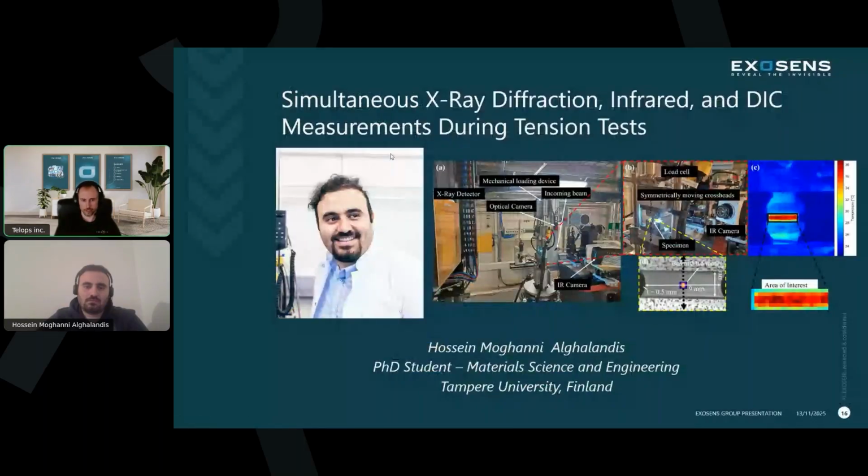All right, that is enough for me on the Teledyne side of things. Hopefully that gives everybody kind of an intro, at least of what we've done here at Teledyne Exosense with experimental mechanics and testing, and how our infrared cameras can be used or are used for material tests. But I would like to now turn it over to our guest,